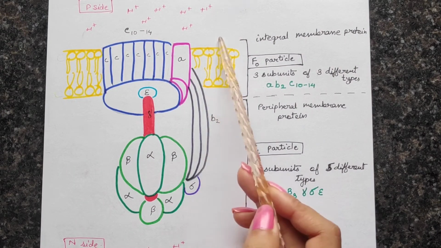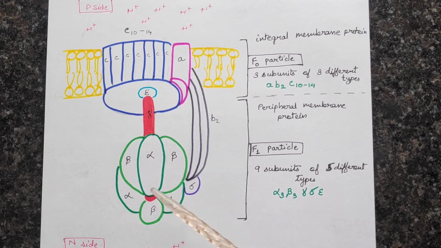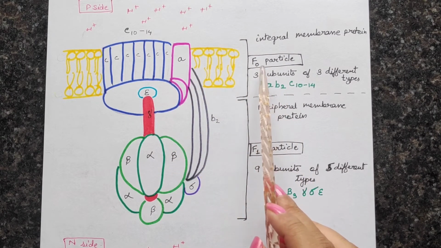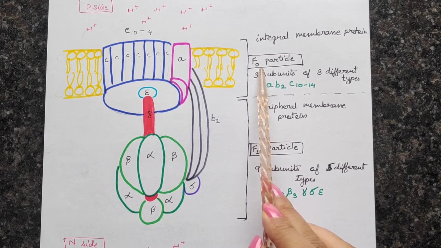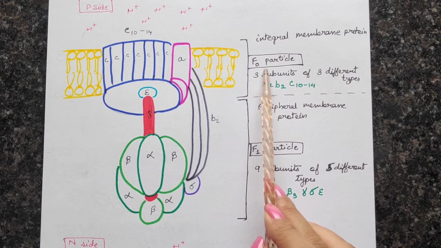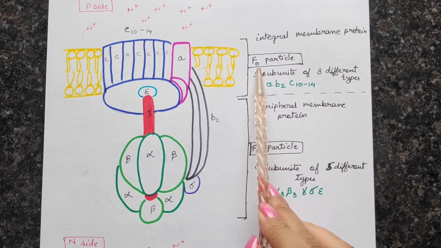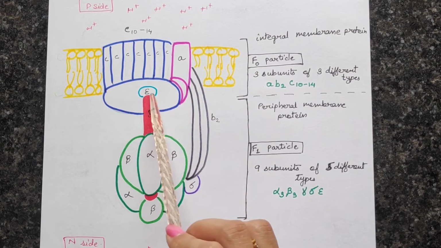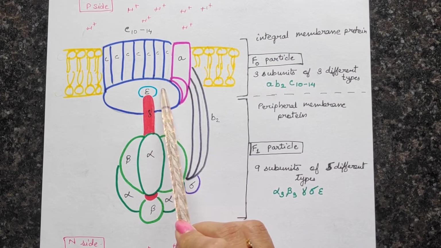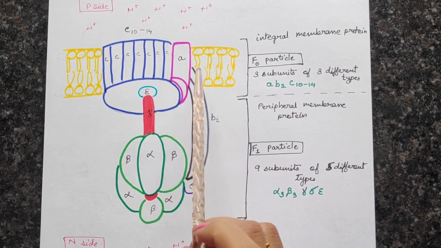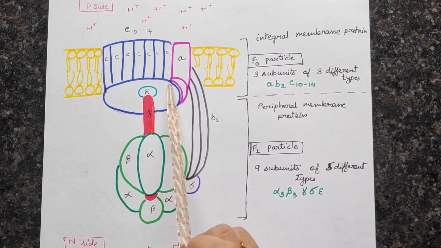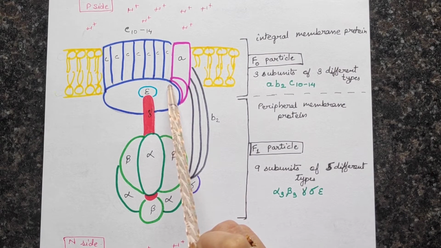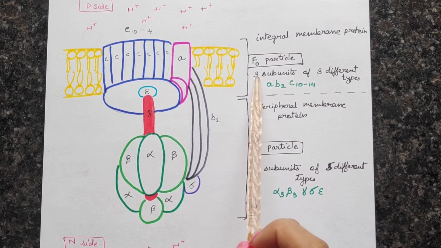Now I will discuss a little bit about the function of the parts, but I will discuss only the major ones. First I'll start with F0. Why is it called the F0 particle? It is called the F0 particle because the 0, actually it's not 0, this is O. O comes from oligomycin sensitivity. This particle cannot function properly in the presence of oligomycin. The presence of oligomycin in this area will hamper F0 functioning, and therefore it is oligomycin sensitive, hence the name comes from there.